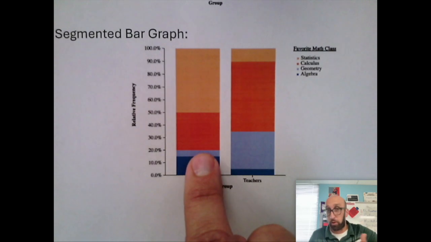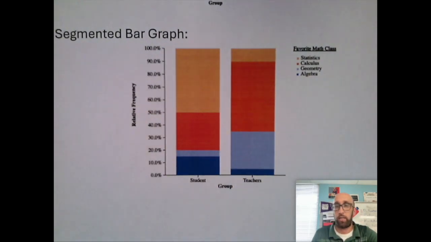So students by proportion say geometry is the least popular. So that's a segmented bar graph. Again, those two aren't that different. It's the other two graphs that I think things get interesting, and they tell us a little bit more information,